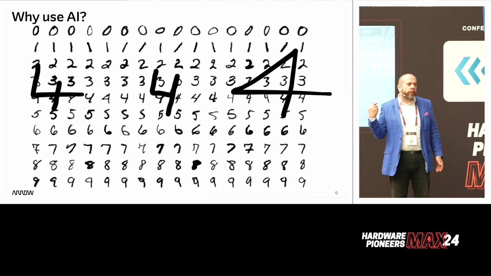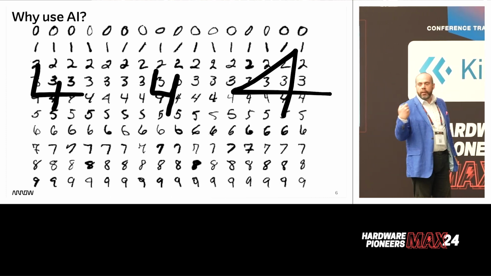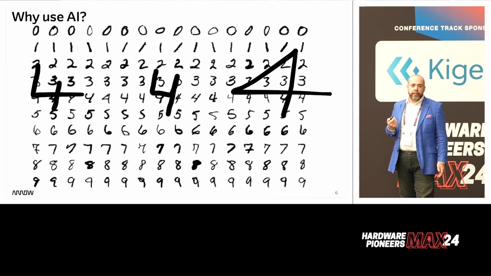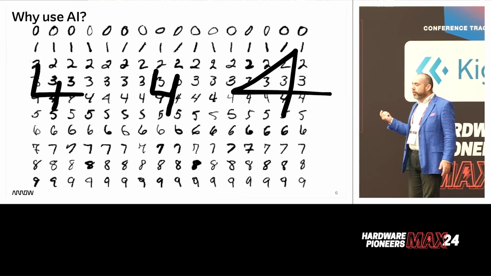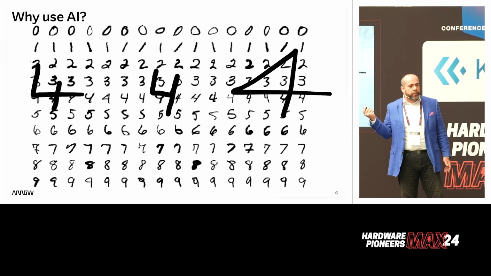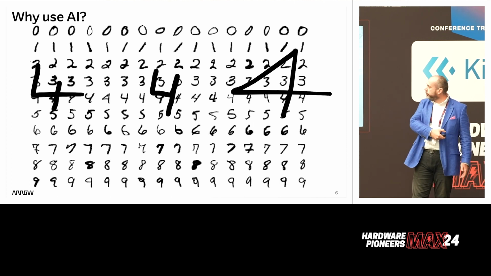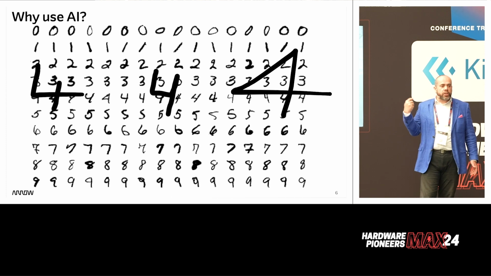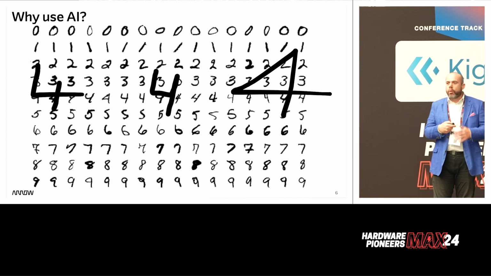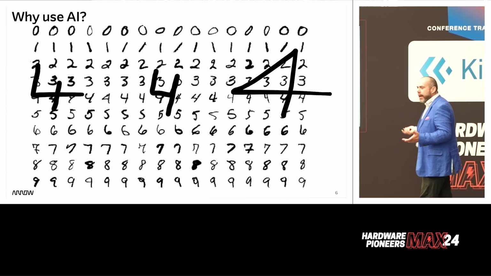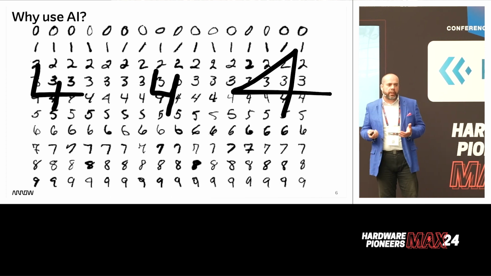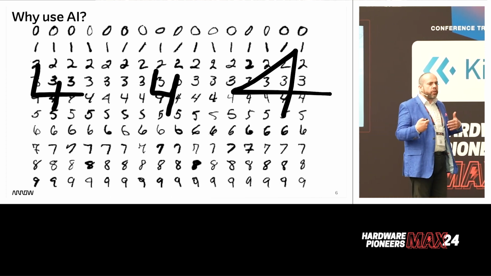I think we can all agree that that's a 4, as is that and that. They're all 4s, but they all look different. Just like we can read all of these numbers. Any child could read all of these numbers very simplistically. But what I'd ask you to do for a moment,